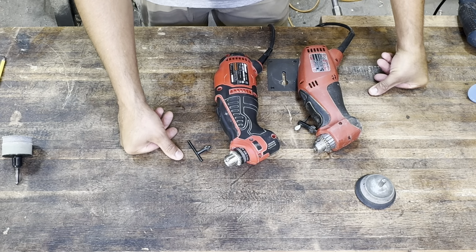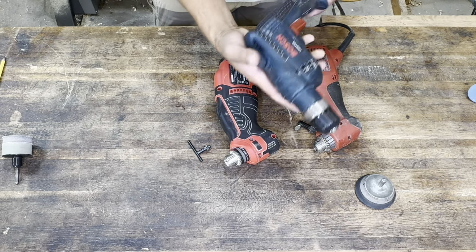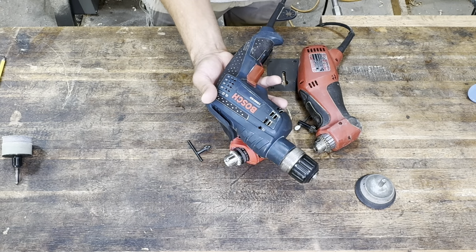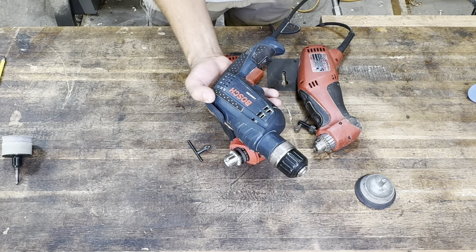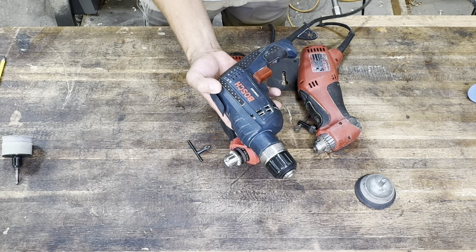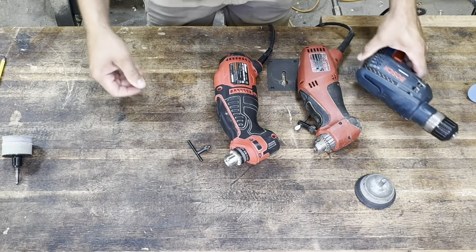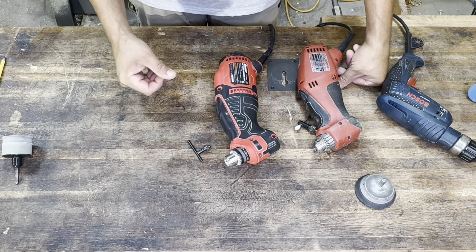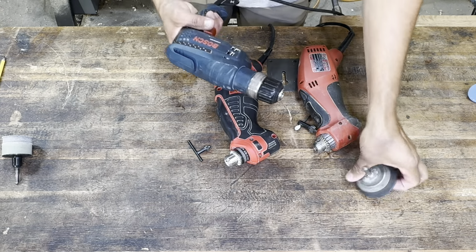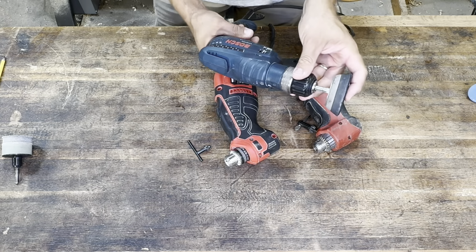So for a lot of people, it probably just doesn't make sense to use these right angle drills. This Bosch, I found it online for $90, and I found a DeWalt comparable drill for $70. So a lot less money for your standard drill. And then as far as changing pads, if you're changing pads a lot,